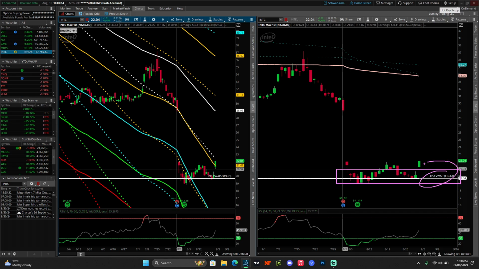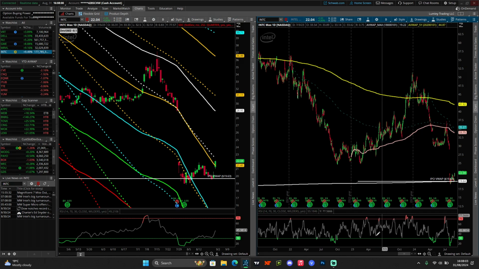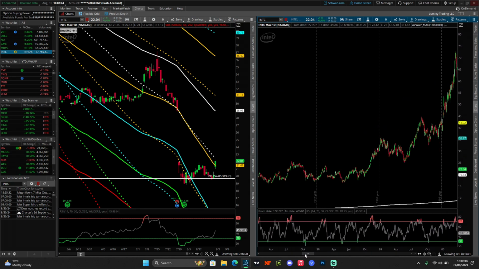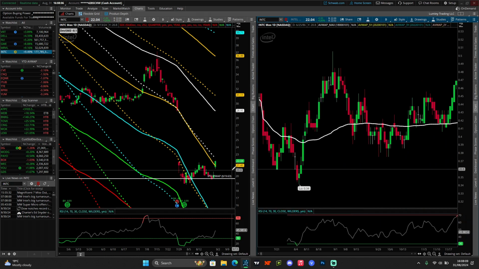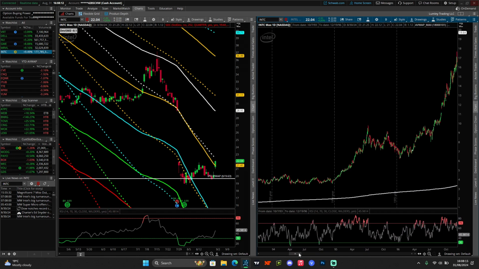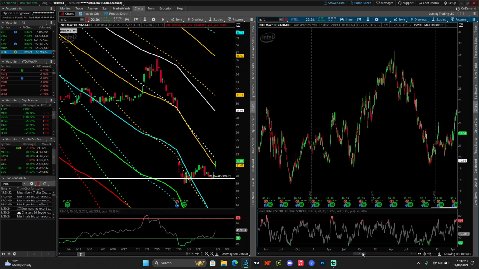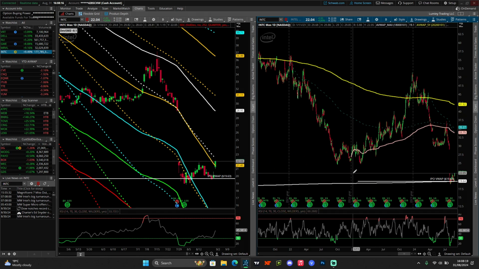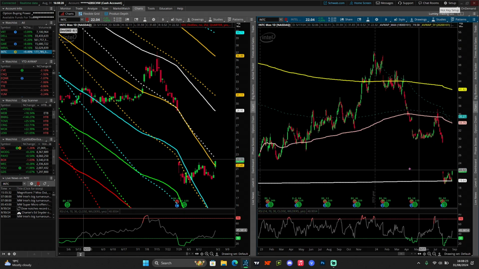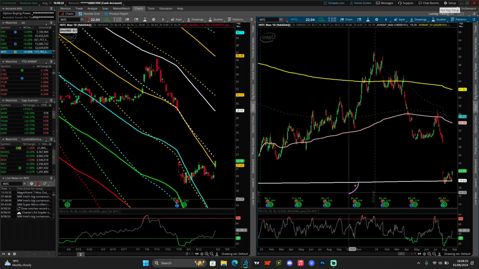But what you can see with Intel is it did come into what we have put as a line here, IPO VWAP. So this is essentially an anchored VWAP. And again, all an anchored VWAP is a volume weighted average price from a certain date in time. In this case, it's from the IPO of Intel, back in 1986. So this is the fair value price. Essentially, you can think of the since IPO anchored VWAP as the fair value price of the stock since it has IPO'd.